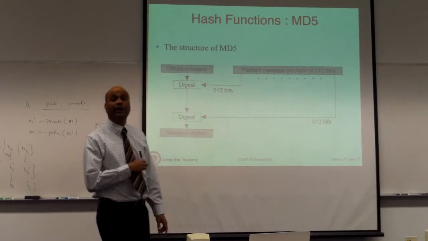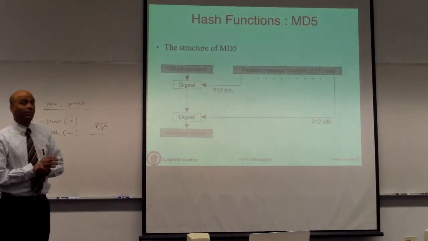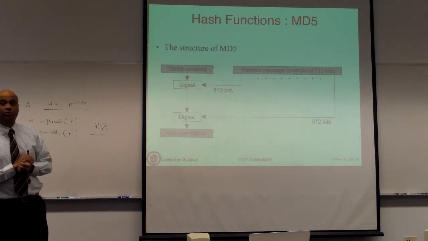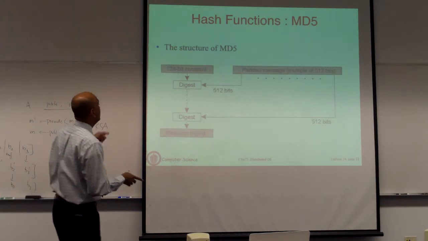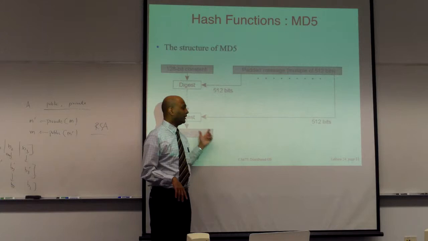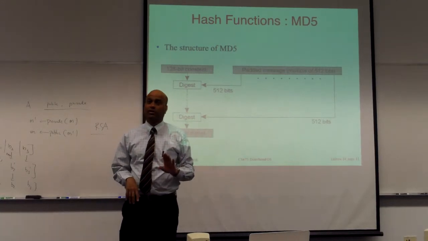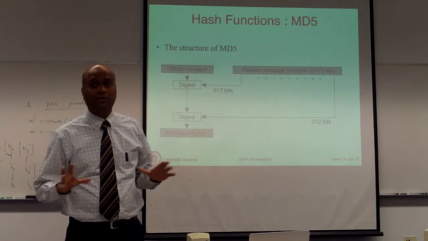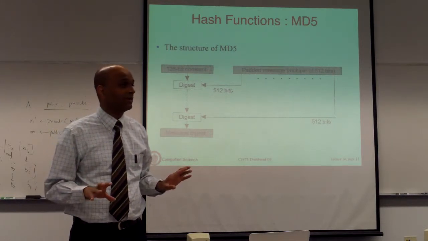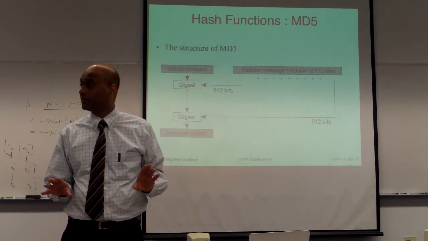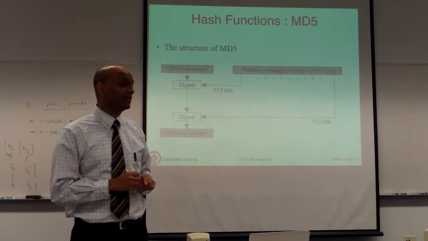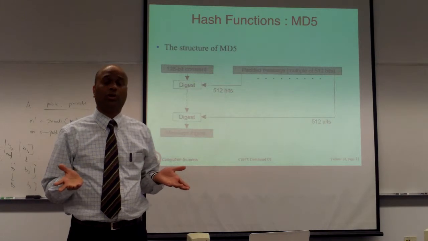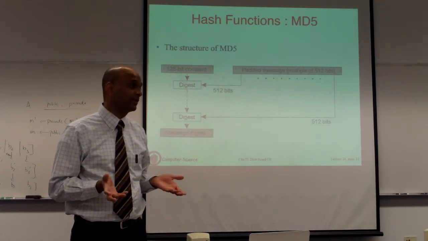There are many hash functions. There is one called MD5, which stands for Message Digest 5, which I'm not going to go into. It also uses a key, and it uses an arbitrary length string to generate a fixed length string. But in the interest of time, I'm going to skip MD5, mostly because MD5 is no longer used in practice. It's not a secure hashing function anymore. It uses 56-bit keys, and you can now launch brute force attacks to break it.